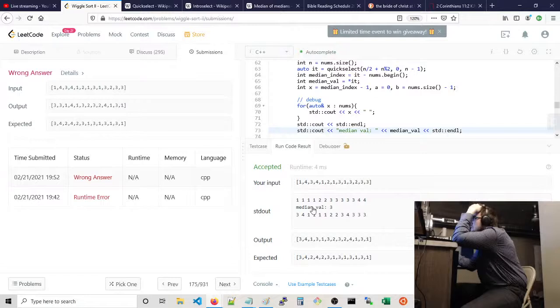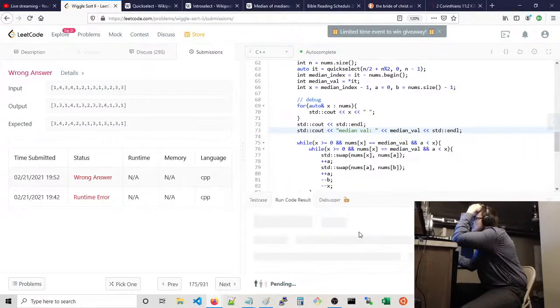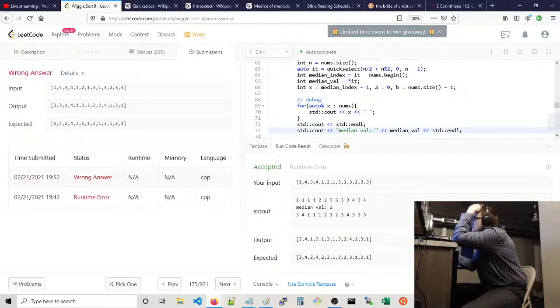Okay, so one time we randomly select the pivot and everything's basically sorted, and that works. The next time we randomly select the pivot,